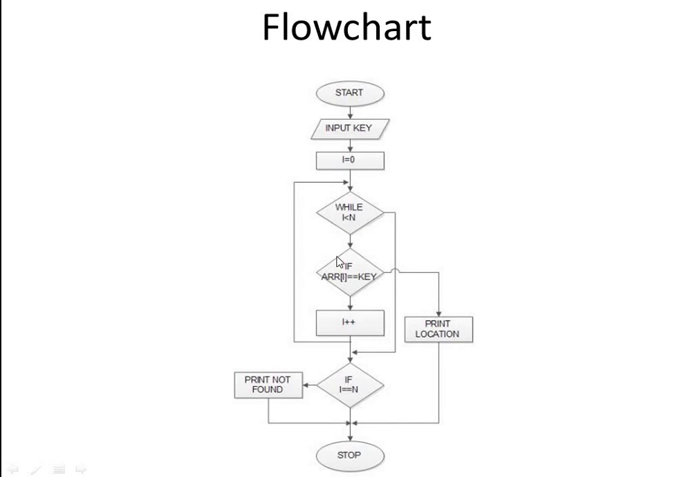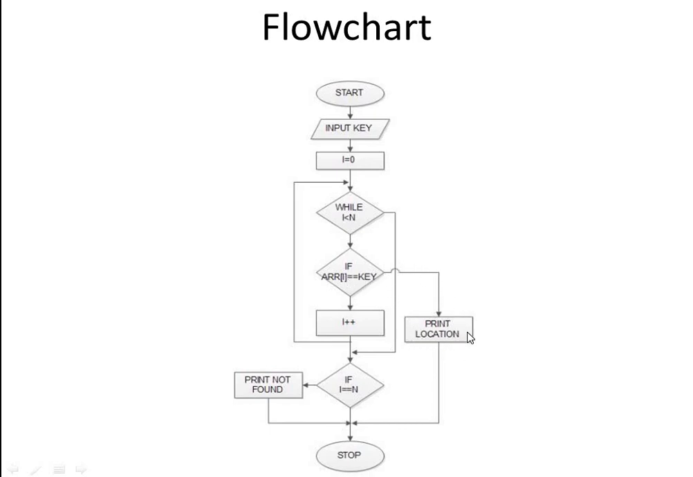Then it searches for the element. The search is performed like this. If ARR of I equal to key, that is, here it is comparing the element of the array with the key value. ARR of I will be the first element of the array when I equal to 0. So the key element is compared with the first element, and if this is true, that is if ARR of I is equal to the key value, that is the key and the array element are the same, then